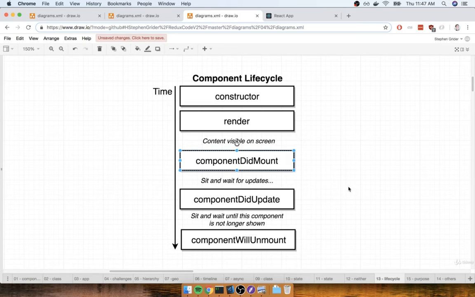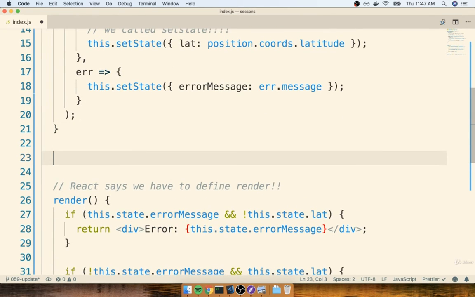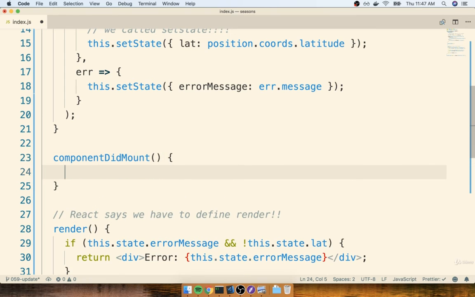First off, immediately after a component shows up on the screen of our browser, a lifecycle method called componentDidMount is called. So that means that if we define a function inside of our class, like right here outside of the constructor, right above the render method, if we define a method right here called very specifically componentDidMount, like so, this function will be automatically called one time when our component first gets rendered onto the screen.